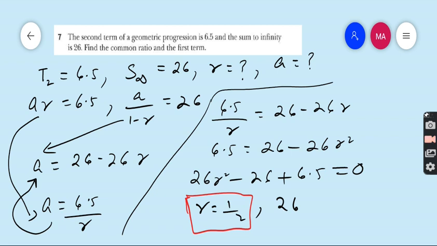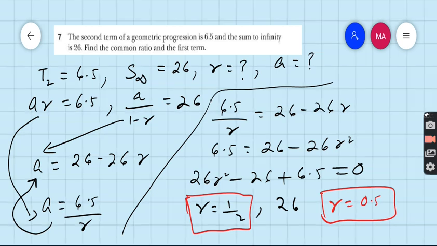So r is 1 upon 2. When you use the quadratic formula, you will have two answers, so you have to take the answer which is a fraction. So our final answer is 0.5. Next is to find the first term. Very easy. Put this value of 0.5